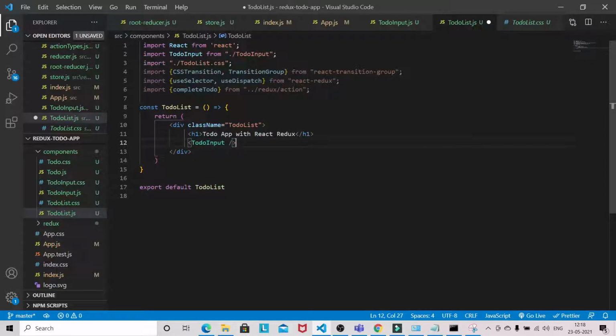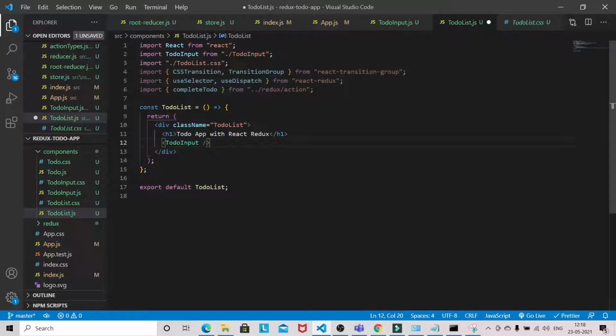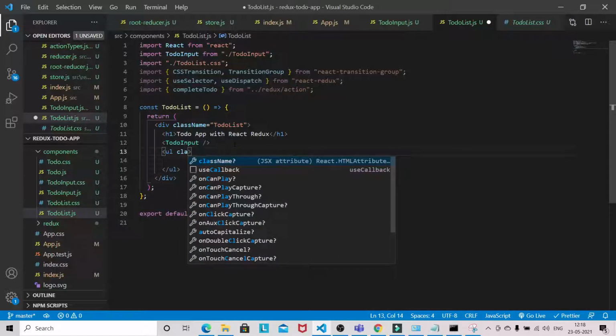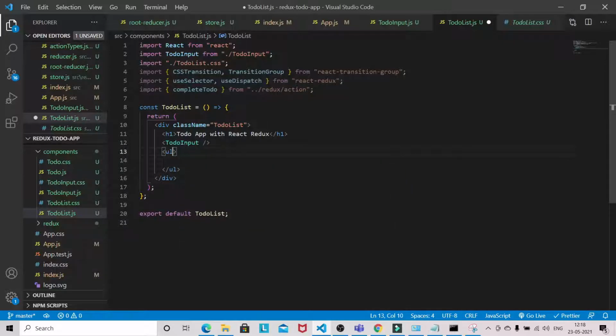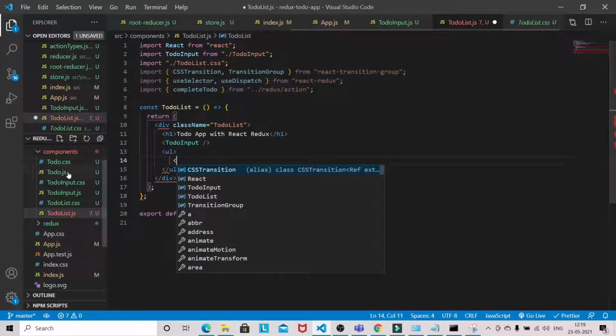As of now we will pass nothing here, and we will also be creating so here we need to bring this one also.